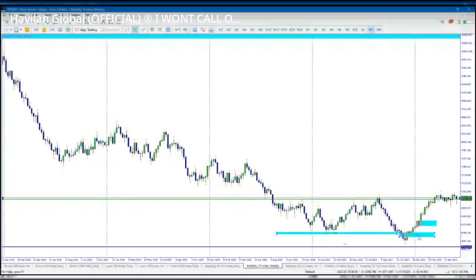So checklist completed, guys. It's just for us to mark this place as our point of interest and see what price does from here. This guy can still fly up. We are not saying it can't. It can still fly up, and then come back to either this cube or this imbalance created, and then dive up to where I marked earlier. So this is what I'm seeing presently on V10.